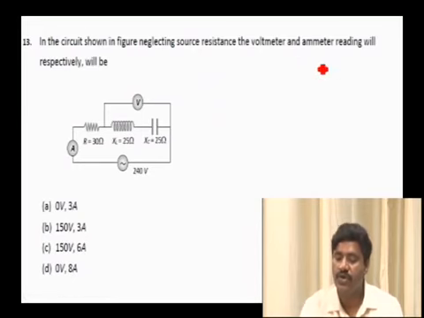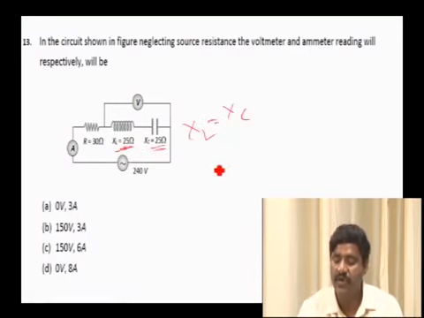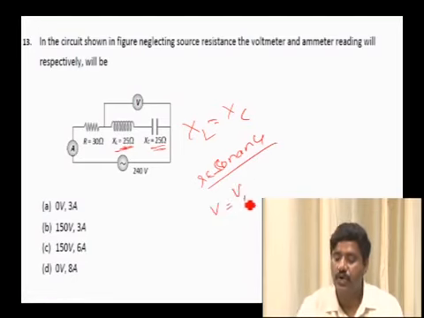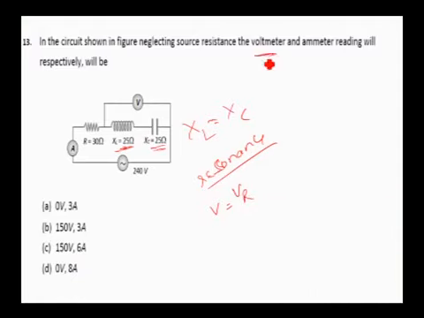Now there is one more circuit here, 30 ohm, 25, 25. So XL, XC are same. What do you mean by this? XL, XC equal means the circuit is in resonance. If it is in resonance, then the total voltage across the combination is the voltage across resistance. The voltmeter reading here is between XL and XC. The voltage across XL and the voltage across XC will be equal but opposite. The net voltage will be VL minus VC, 0. So this V will record 0 volt.